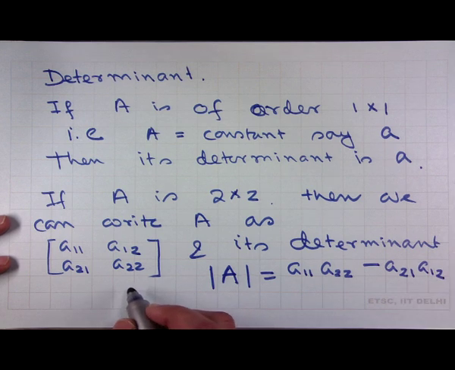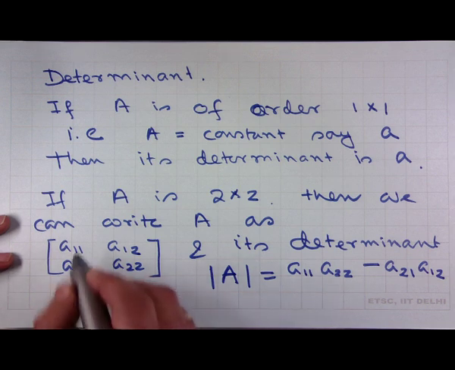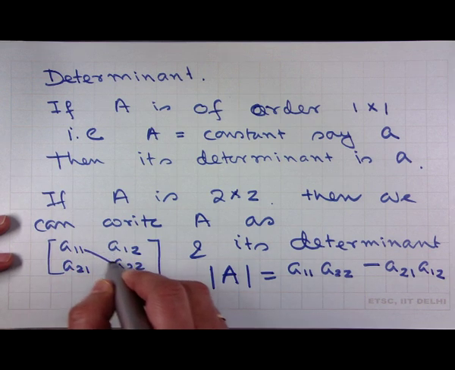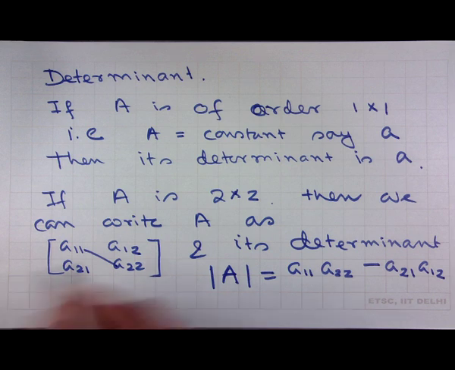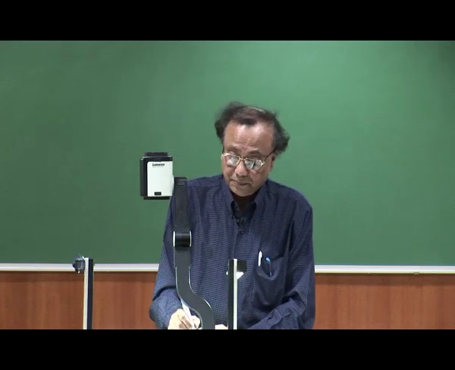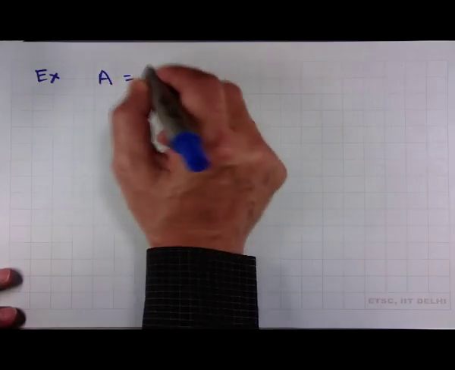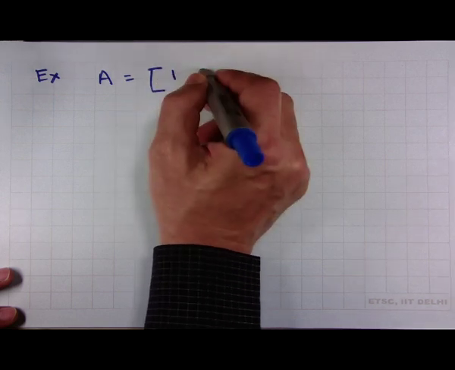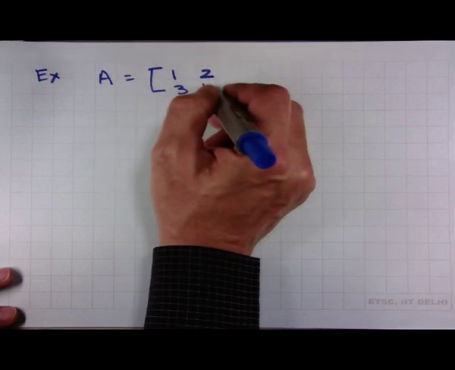That means it is the difference of the product of the diagonal elements and the product of the off diagonal elements. For example, A is equal to 1, 2, 3, 4,